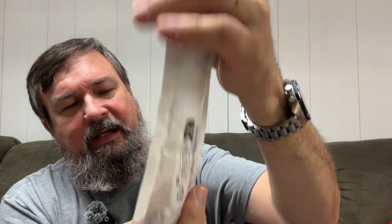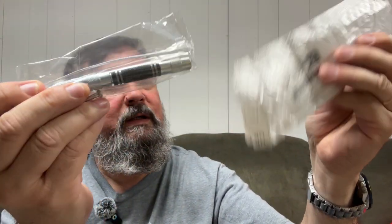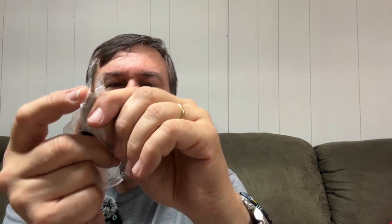This is a mystery. Let's see. This mystery is about to be solved as I get the bag to release what it is. Oh, okay. All right. I know what this is. This is a center punch. Apparently it comes with a second tip as well. Pretty cool. These are handy for a lot of different things, especially if you're trying to mount a picture on a wall, or if you want to, well,